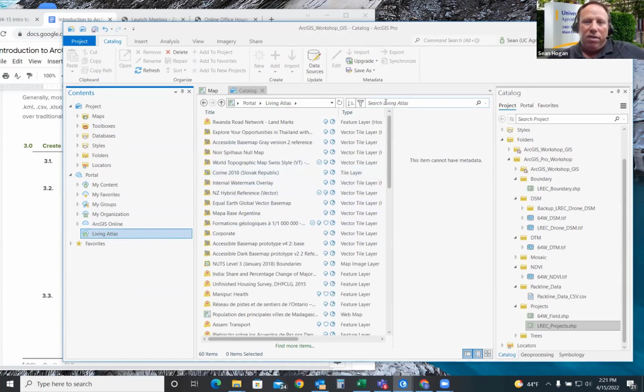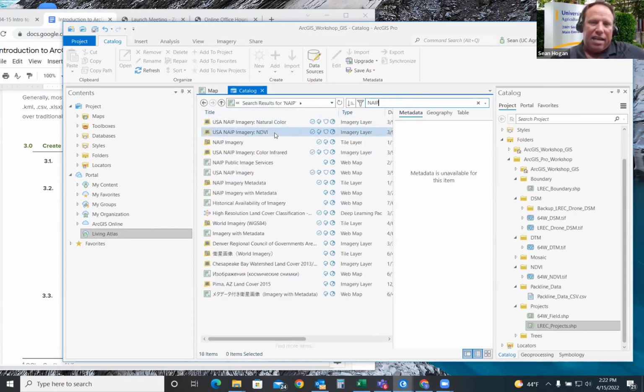And I want to go up here on the top right and type in NAIP. That's short for the National Agriculture Imagery Program, set up by the Farm Service, the farms. Let's see, what is it? The Farm Service Agency of the USDA. So National Agriculture Imagery Program data, and clicking enter. And this data is really neat, 60 centimeter imagery of the entire country collected every 2 to 3 years.